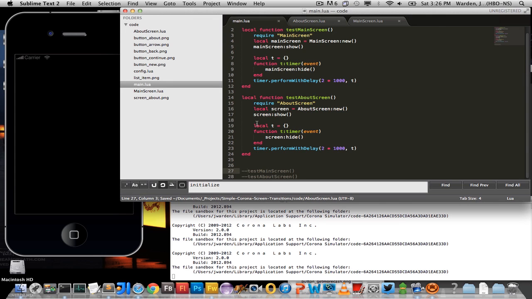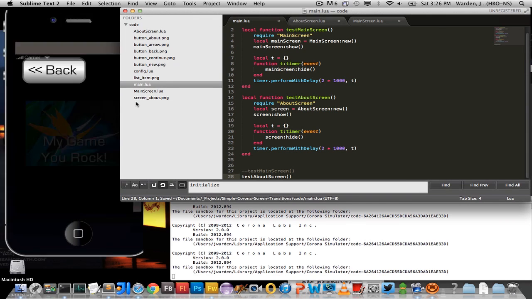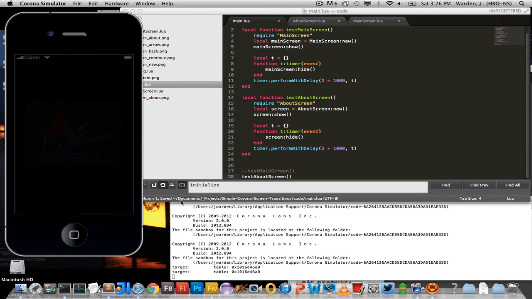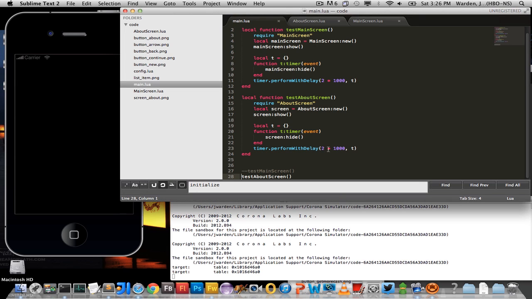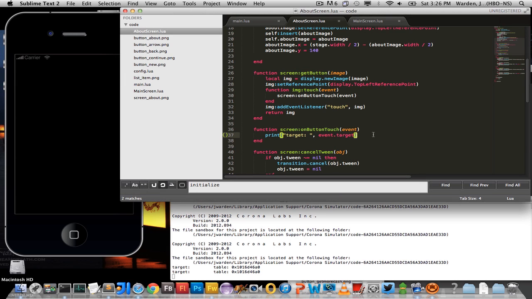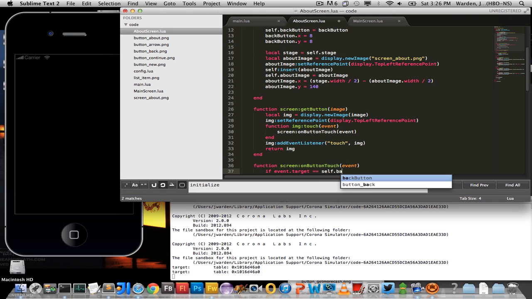And this is for the about screen, so we'll uncomment the about screen and see if that worked. Cool, I touched the about. So let's put some code in here. You don't have switch statements, but we do have ifs. So if the event.target equals the self.back button